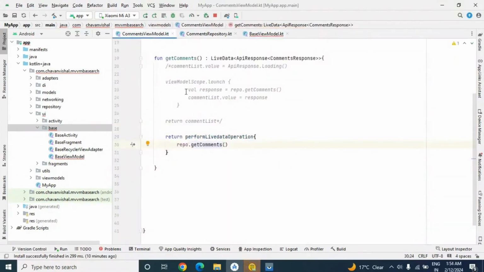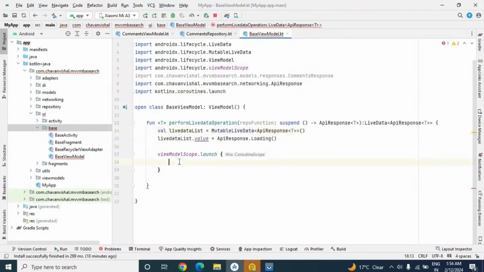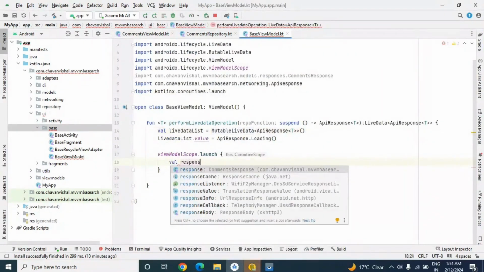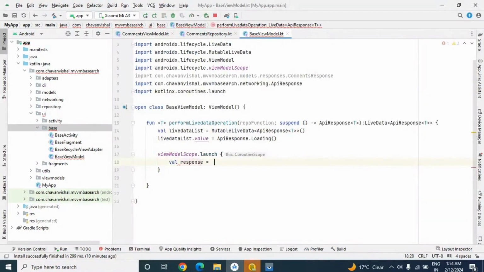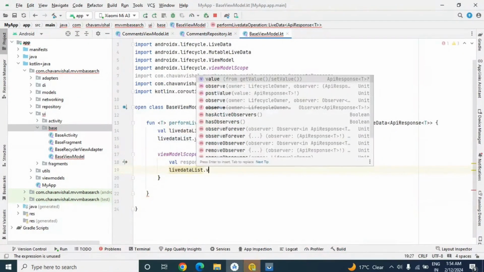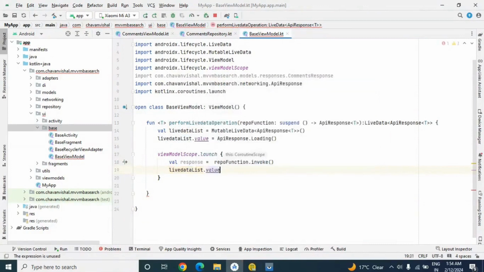Okay, so in comment view model, what we were actually doing previously, we are calling our repository method and assigning this value. Same thing we will do in our base view model, like val response is equal to repo function dot invoke, and let's assign the data to our live data instance.